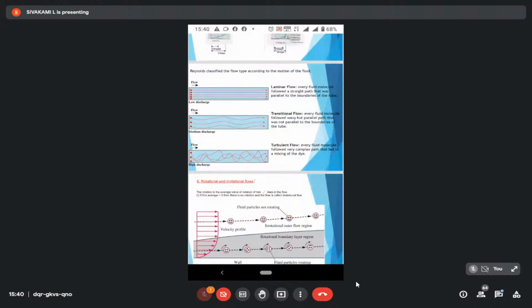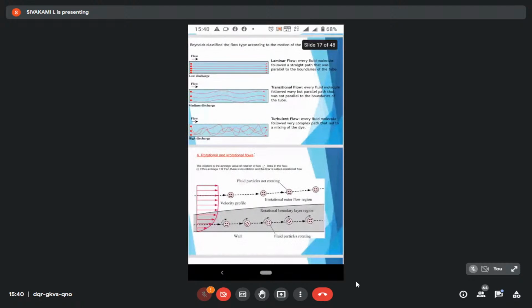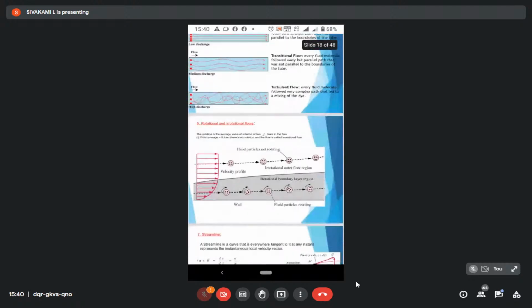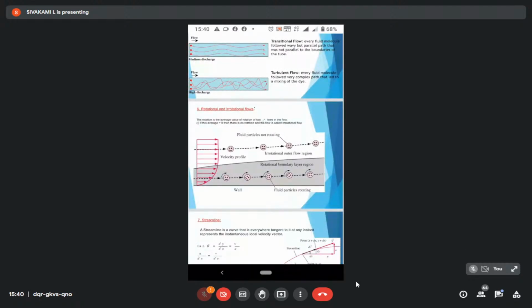And the next one is the rotational and irrotational flow. The rotation is the average value of rotation of two perpendicular lines in the flow. If the average is equal to 0, then there is no rotation and the flow is called the irrotational flow. So if you look at the diagram, between the lower wall and the middle portion, all the emojis are rotating because of the